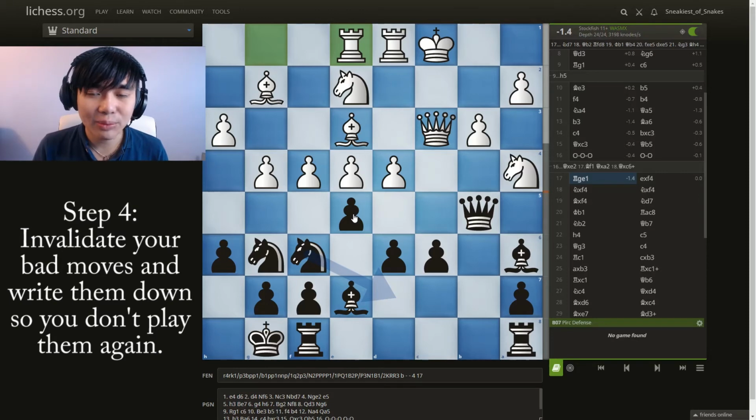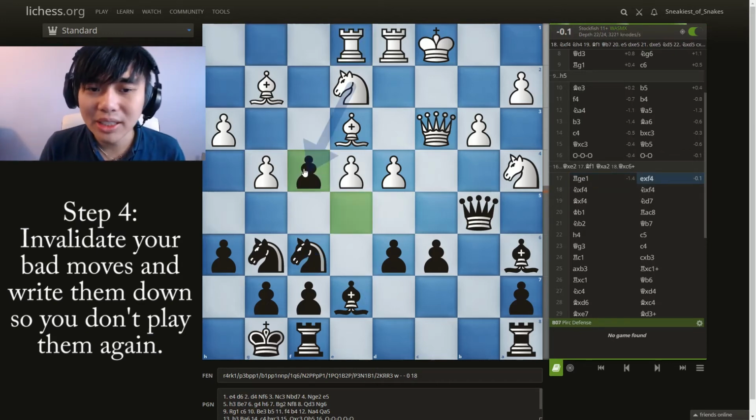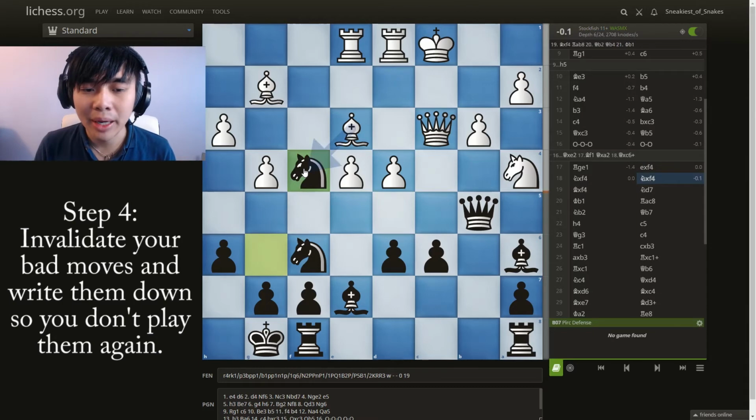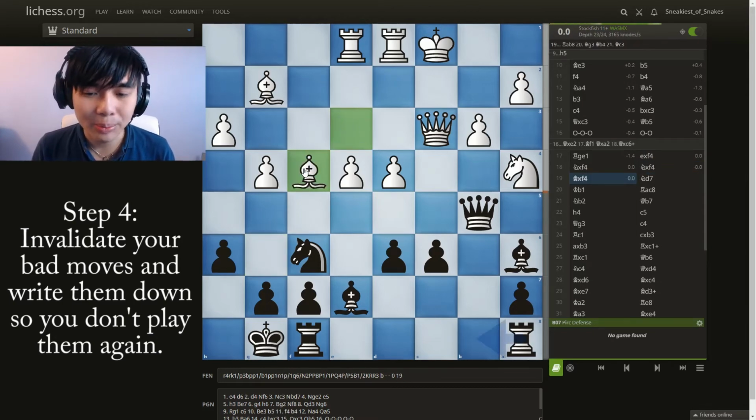So what I realized I should do in this position is, hey, maybe I should capture here, but I now know that capturing there is never good. For example, you can see that the position already gives my opponent an equal position from what was completely winning for me. So you guys get quite easily what I'm trying to say.